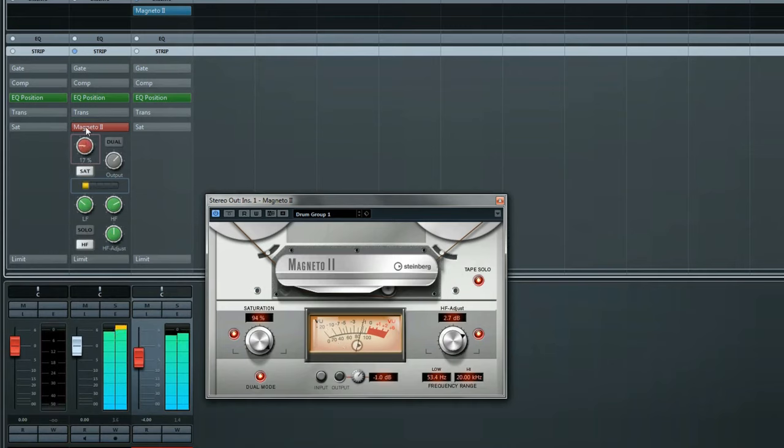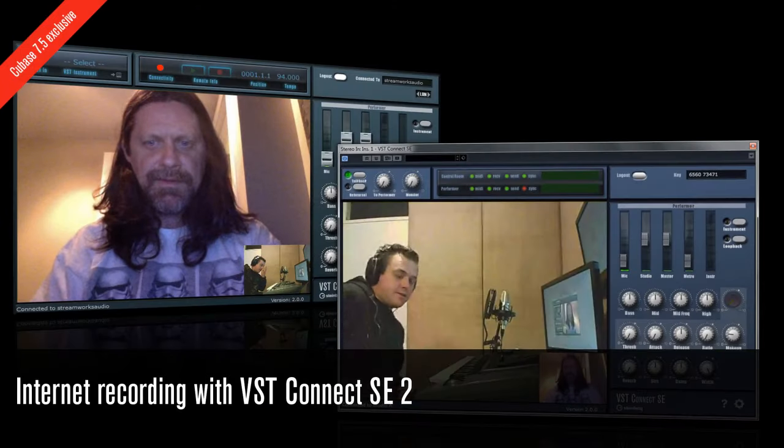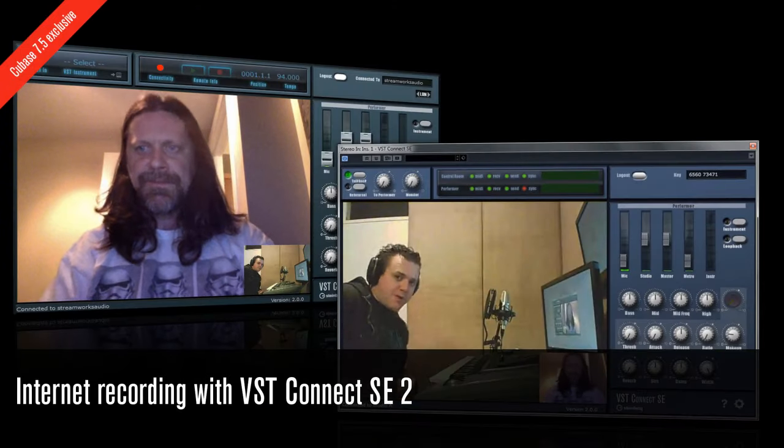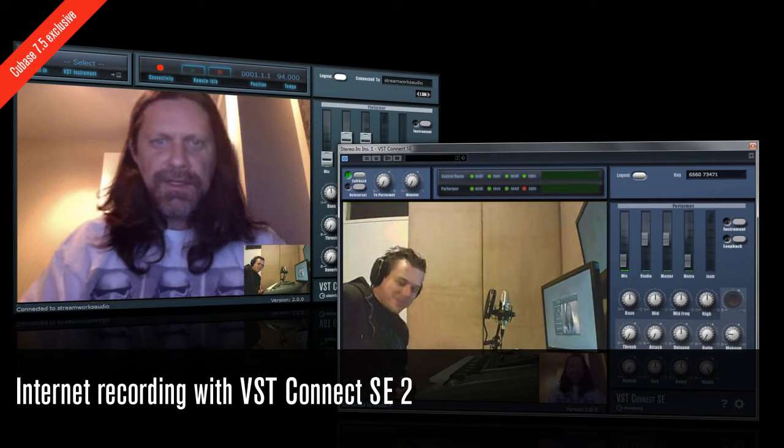So grab an existing project of yours and get playing with Magneto II to see just how much better you can make your mix with a little tape saturation from the latest, greatest version of the classic Magneto tape saturation plugin. With the advent of VST Connect SE 2, you're now able to transfer not only audio, but MIDI over